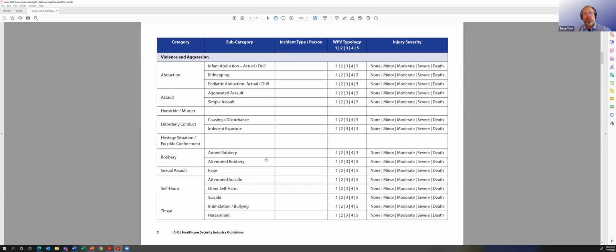So back to the assaulter category, you can see the typology for workplace violence. So it would be pretty straightforward to go through with this. And then the injury severity level that we just discussed. Now, what's important for this is, for those of you who are using some off-the-shelf products, we definitely took advantage of our industry representatives who gave us tremendously positive feedback about it. They helped us understand whether this is something that could easily be done inside of their